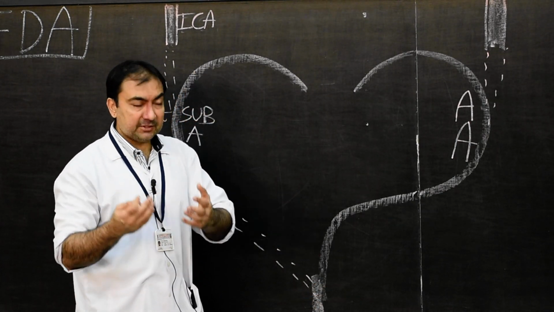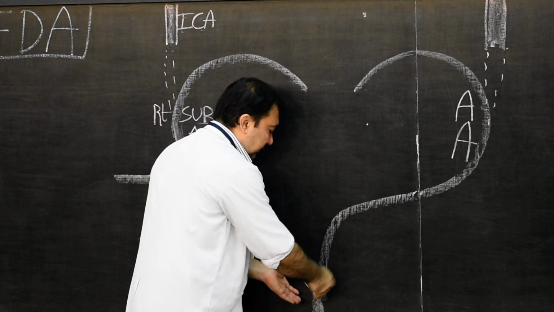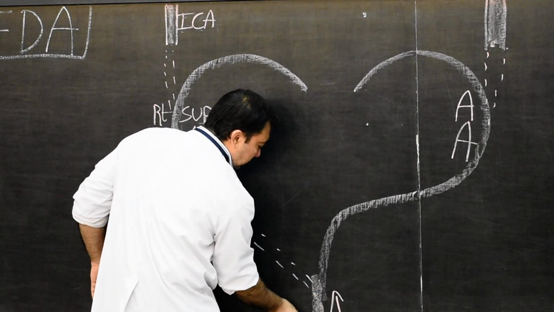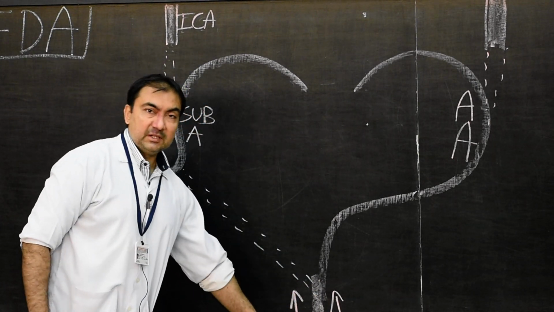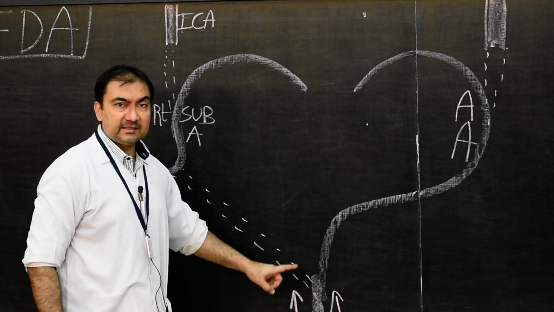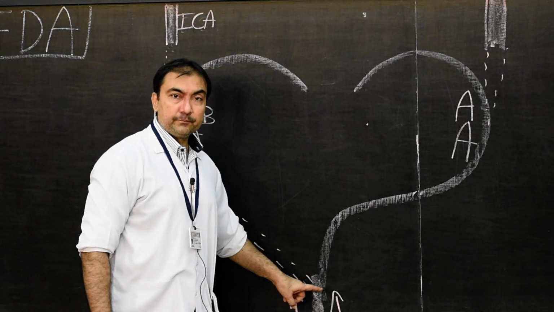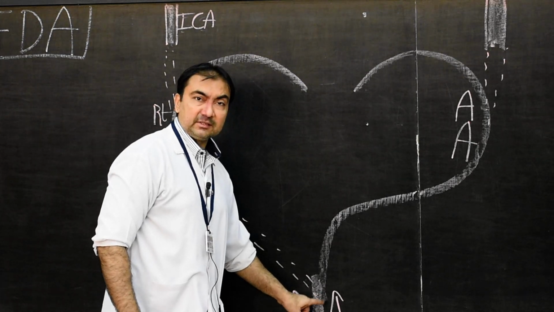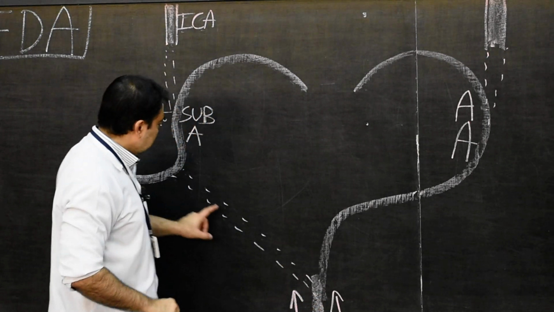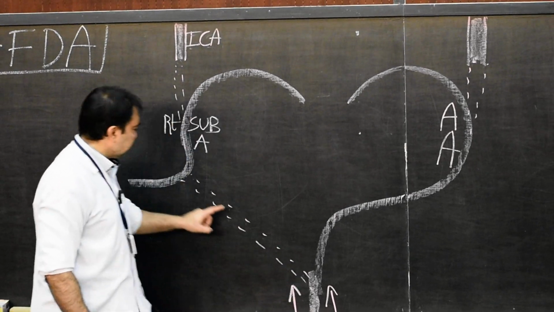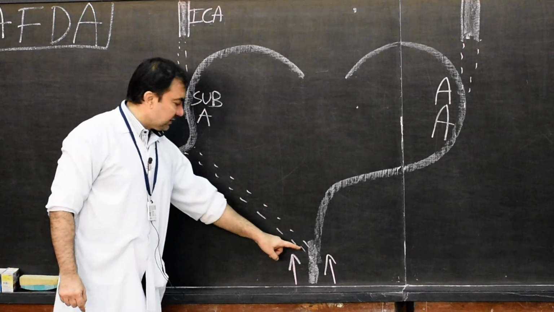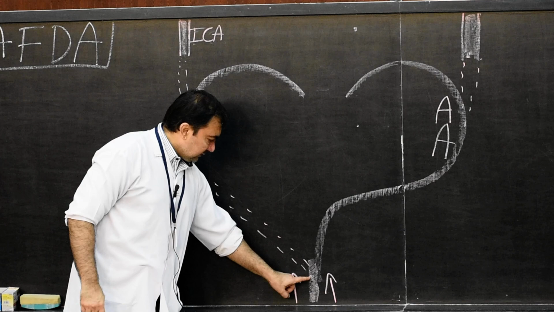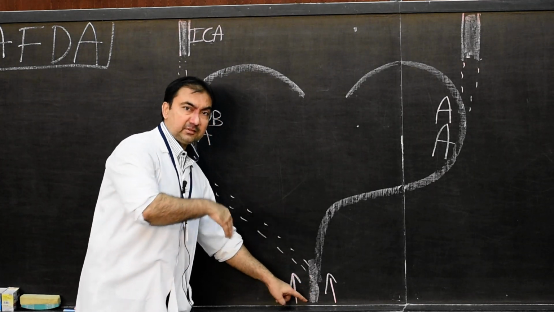I have also discussed with you how this fusion of the right and left dorsal aorta takes place caudocranially. I will put an arrow; this fusion will always take place caudocranially. From the L4 level it will start and ascend till the level of T4, where both right and left dorsal aorta join and form a single median dorsal aorta in the midline. Only this portion of the right dorsal aorta, between the right seventh cervical intersegmental artery and this junction, will disappear.